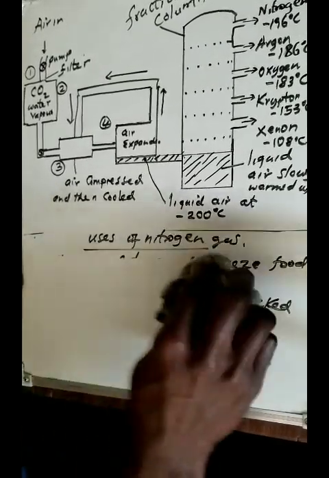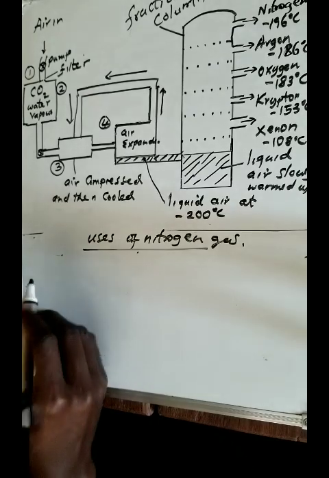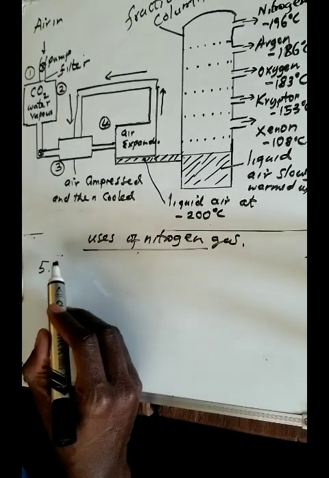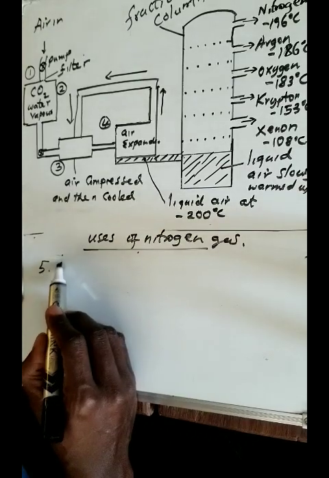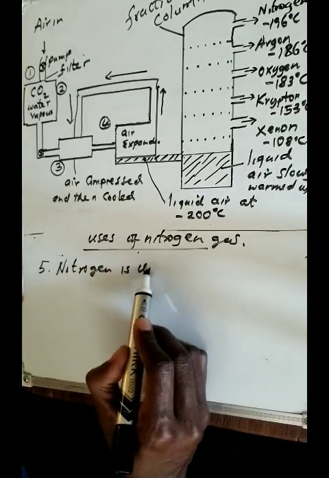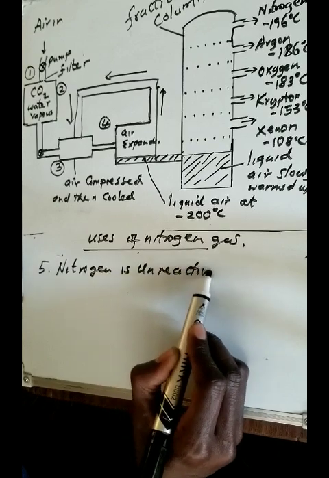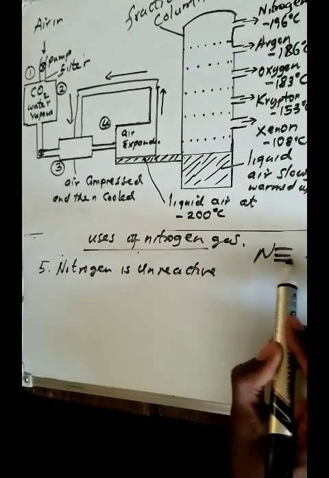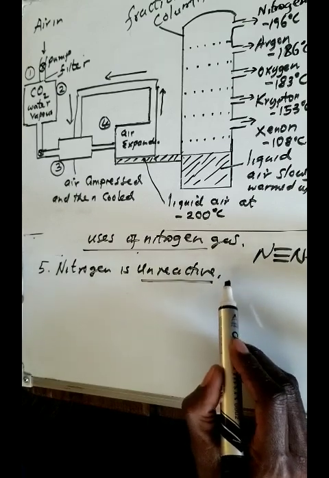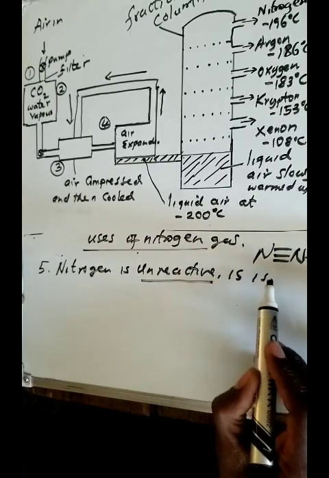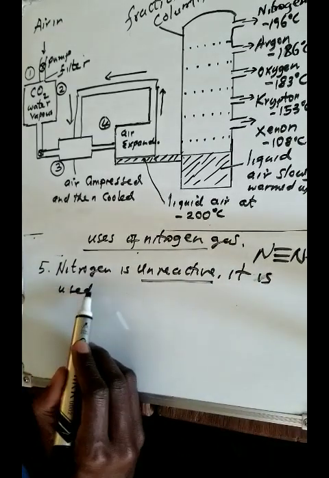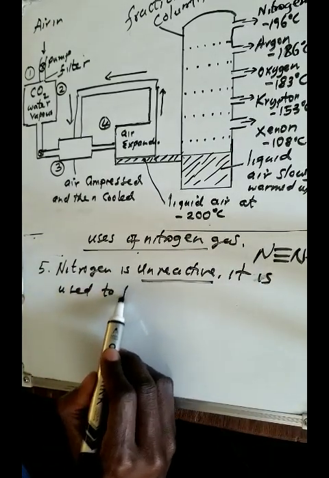All right, let me give you the last one. There are so many uses that you can talk about. Because nitrogen is very unreactive. So let me say that nitrogen is unreactive because of the triple bonds that it has. Because of it being unreactive, we can say it is used to flush